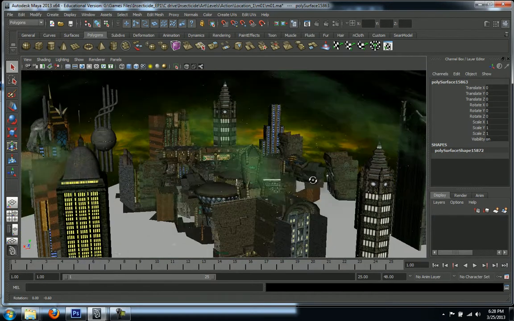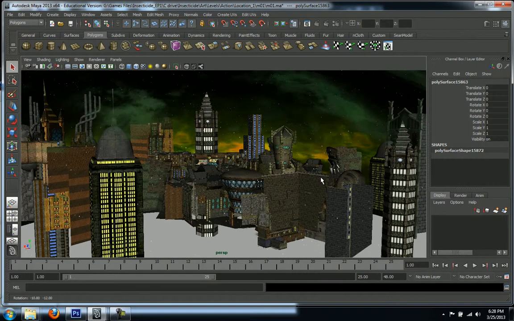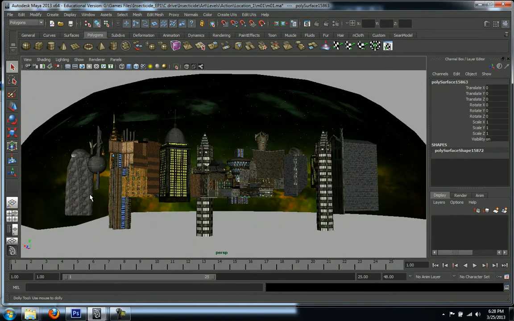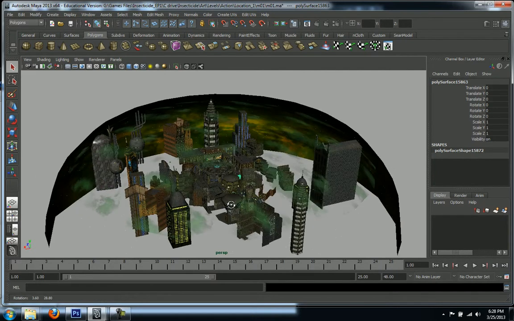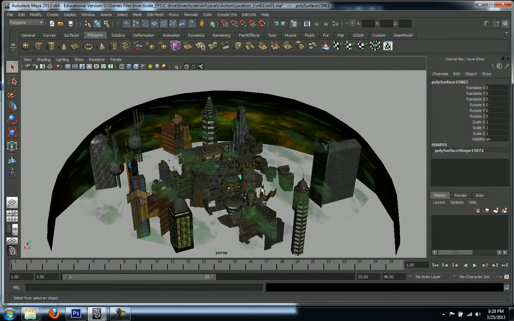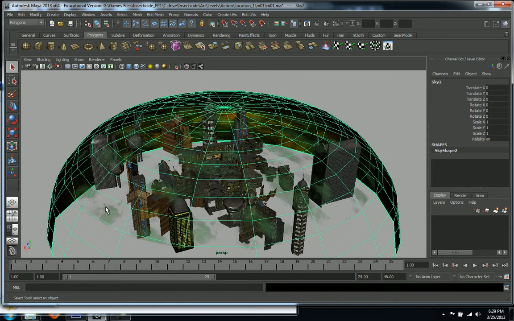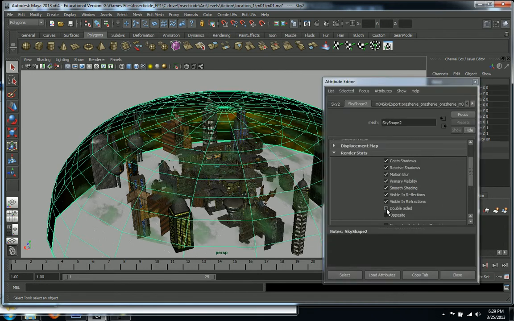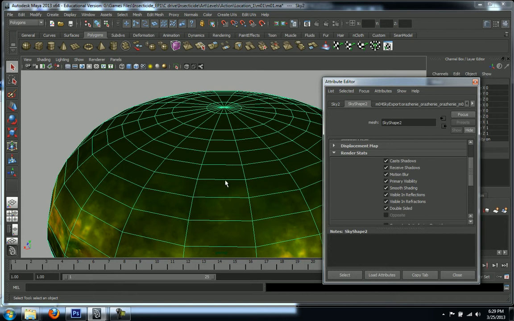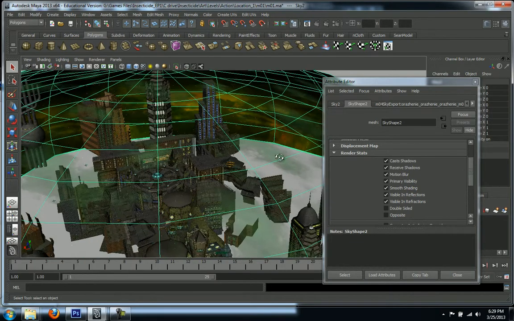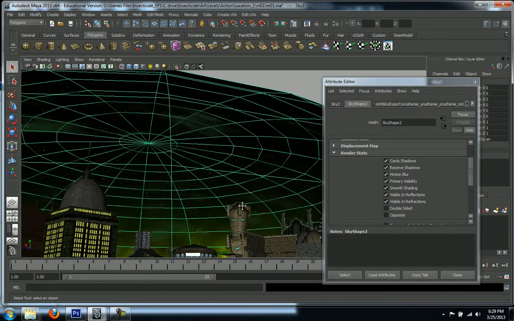So now look at this. We have a sky surface here, and it is basically a dome. I'm just going to zoom out here so you can see what it is. And I have double siding on here. I'm going to select this dome, go to the attributes, and put on double-sided. Let's check double-sided, and you can see now this is what it looks like from the outside, but I've unchecked double-sided so I can see through, and only the side facing inward is showing,